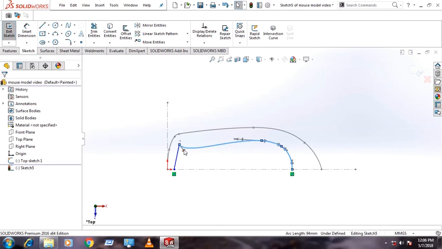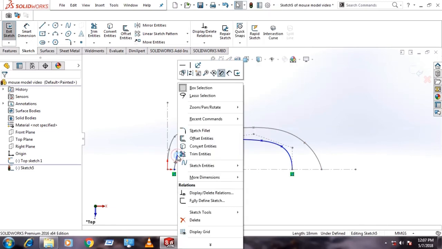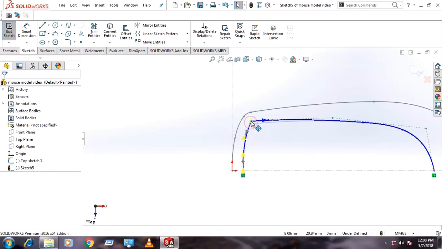Now click the spline, you can see the spline handles appearing. Adjust the spline handles. Now right click the spline, select display control polygon, adjust the control polygon handles to get a shape like that